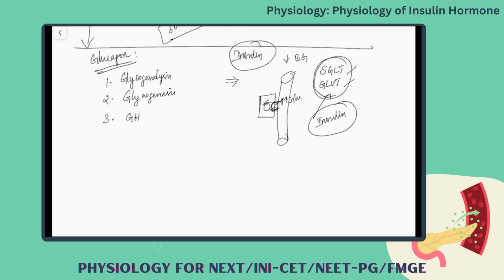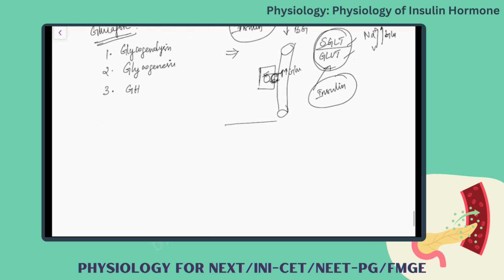Okay, so insulin decreases the blood glucose level by making its entry into the cell, by activating the glucose transporters. This SGLT is sodium glucose transporters, where you have sodium glucose exchange. Okay, clear? So up to this, your endocrine function is over,